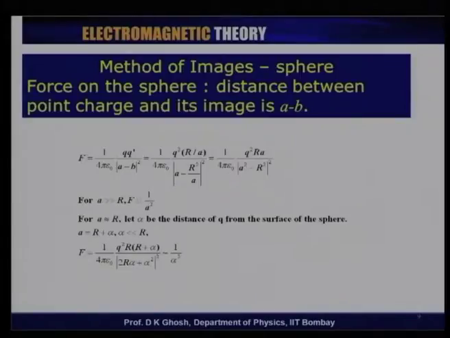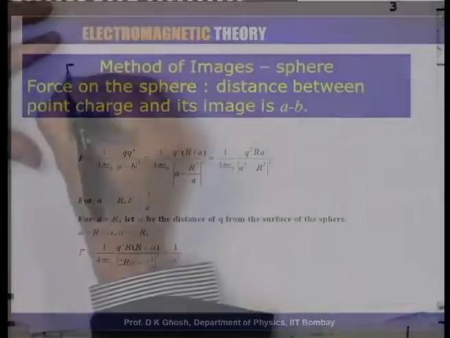So, let us look at how much is the force that is exerted on the sphere. Now, this is simply done, we have already explained. In the case of an object charge on a conducting plane, the force is the same as that between the charge and its image, which is 1 over 4 pi epsilon 0, q prime divided by (a minus b) whole square. And q prime of course is, so let us write down the expression for the force.